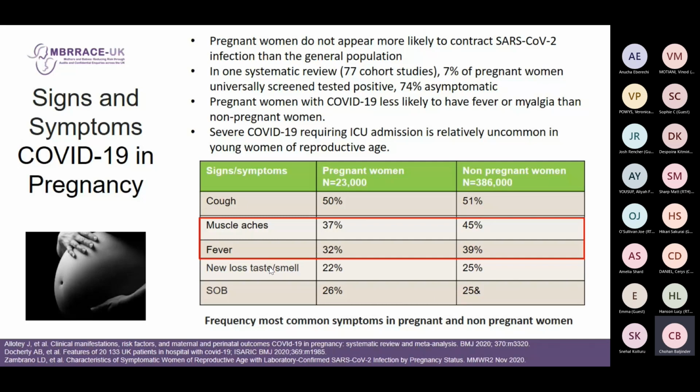The commonest symptoms: they're more likely to present with, and less likely to have, the typical symptoms of muscle aches and fevers. I've had women that have just had abdominal pain, a bit of diarrhea, vomiting. You might think of other causes like gastroenteritis, but you don't lose anything by doing a COVID swab. I'm sure you all have your own stories. Any unusual symptoms that anybody wants to share that they've come across?